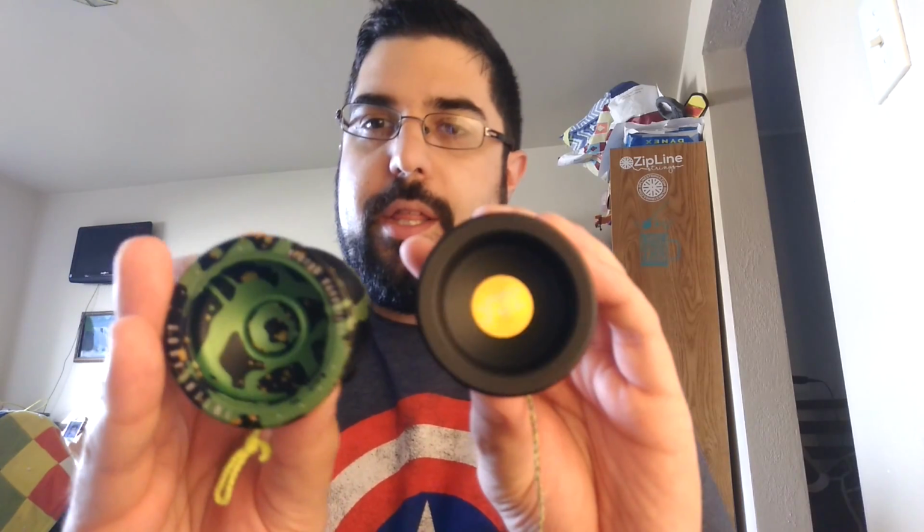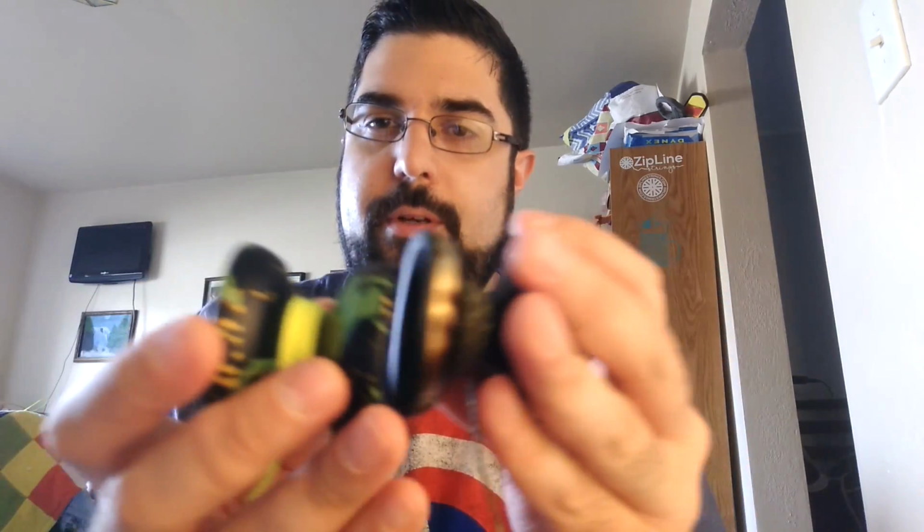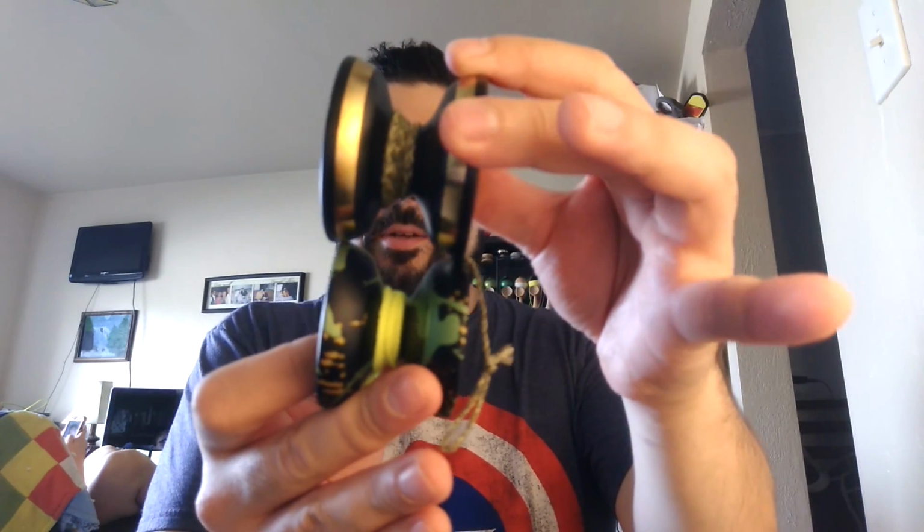Also, very similar in shape to the Interlagos by Smashing Yo-Yo Company. As you can see, it's bigger than the Interlagos, but the cuts and the grooves and the shape and everything are very similar. Cups are different, but, you know, sort of. But it's plastic and this is metal, of course. But so very similar, comfortable shape. It's a very similar shape also to